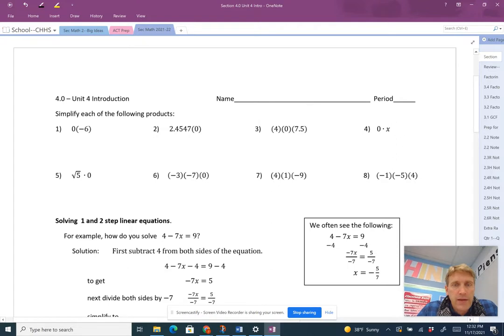Numbers 1 through 8, these are all multiplication, and you should be able to use your calculator, except for perhaps one of them. But I think you'll get the pattern. Numbers 1 through 8 should go pretty fast. But if we look at